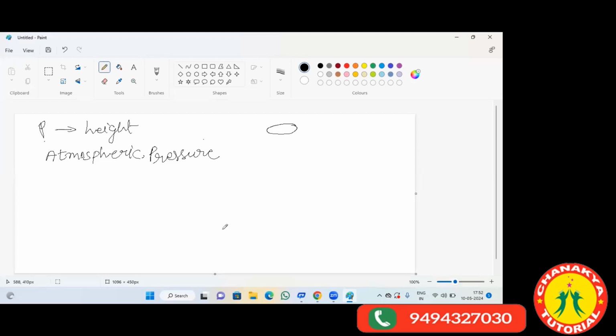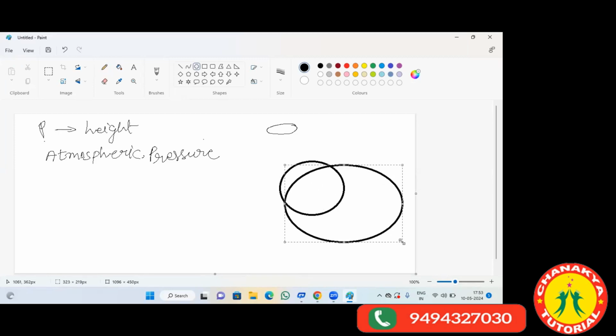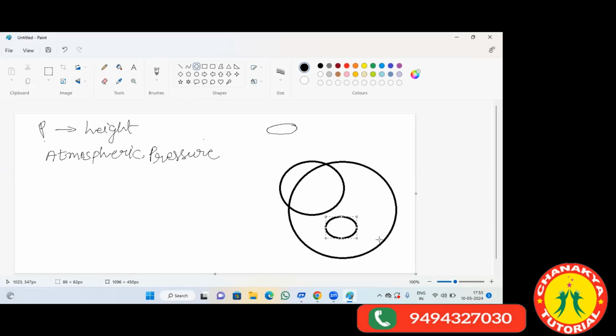Okay. So if we observe the surface of Earth, everywhere around the surface of Earth, we have the atmosphere, right? So if you have our Earth, and around the Earth, we can consider our atmosphere. So let's say